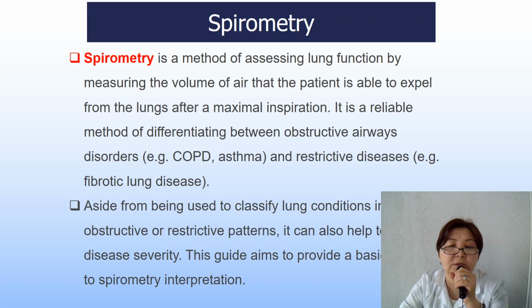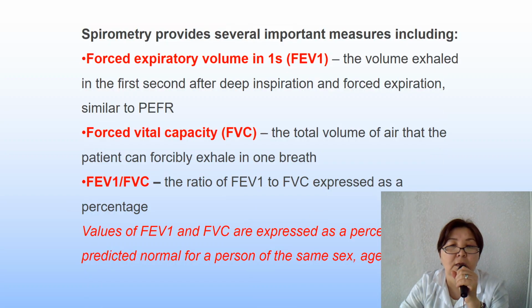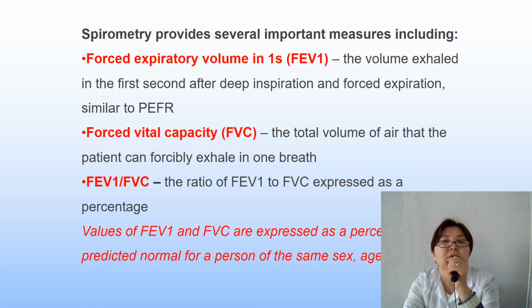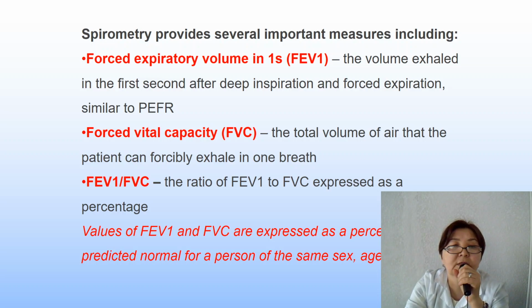This guide aims to provide a basic approach to spirometry interpretation. Spirometry provides several important measures including forced expiratory volume in 1 second, the volume exhaled in the first second after deep inspiration and forced expiration, similar to